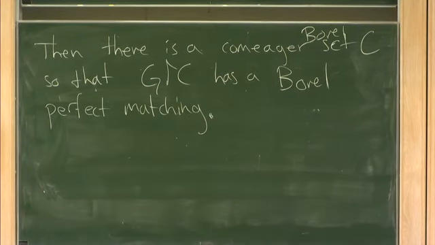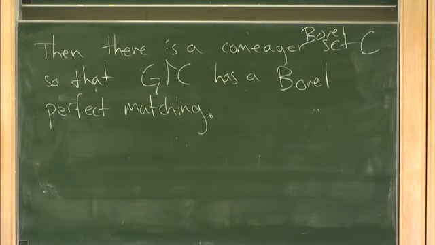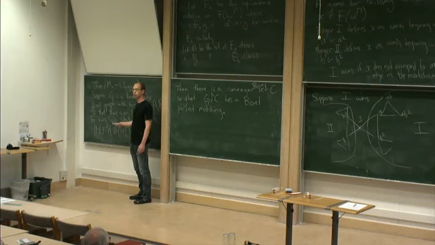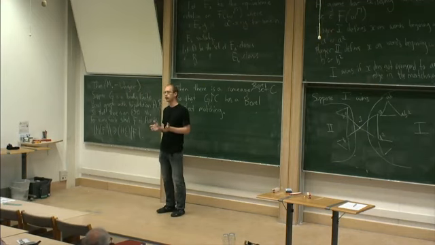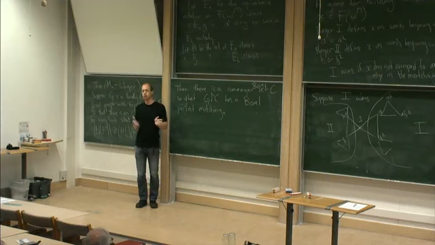So abstractly, this first theorem that I gave definitely has this sort of expansion. So even if you strengthen Hall's condition as much as you like, you could put 10 million here for all I care. You can't, in general, find a Borel perfect matching. You may hope, though, that after you throw away a small set, you can. Okay, and this is an example of a theorem like that. After I'm willing to discard a meager set, I can find a Borel perfect matching of what remains.